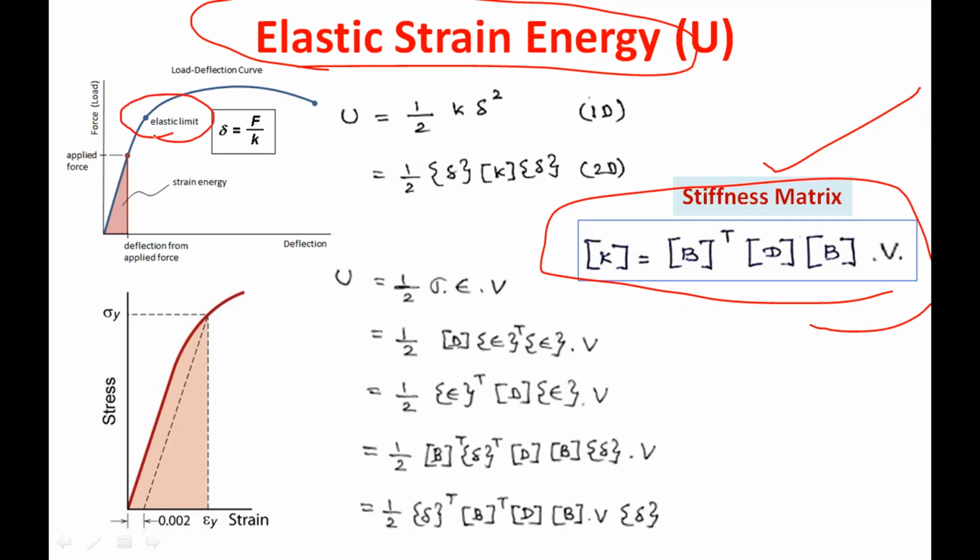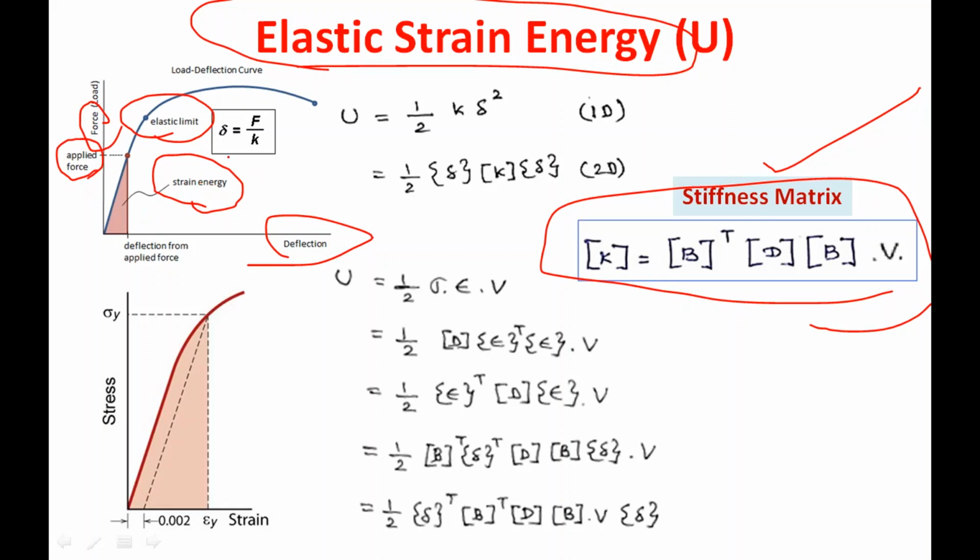So within the elastic limit, it will follow Hooke's law. When you apply any force within the elastic limit, it will regain its original shape after removing it. That is the elastic property. Now when you draw the load displacement curve for this elastic material, the area under this load deflection curve is called the strain energy or resilience. It is the strain energy stored in the material during the deformation. Using the strain energy only, it will regain its original shape.